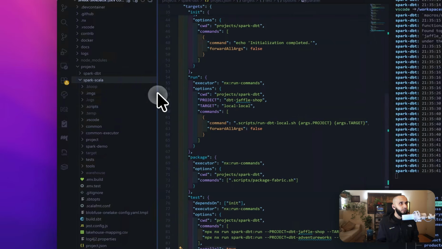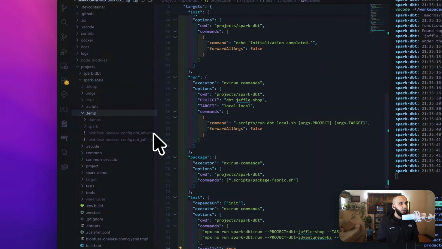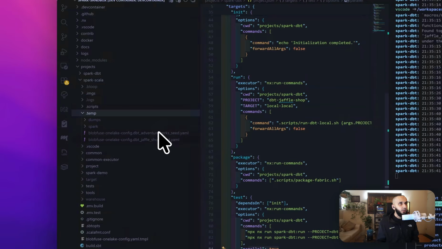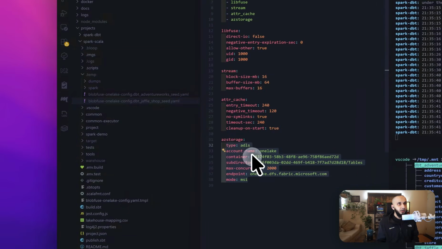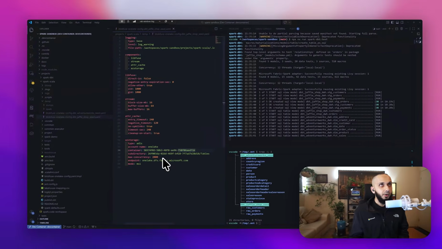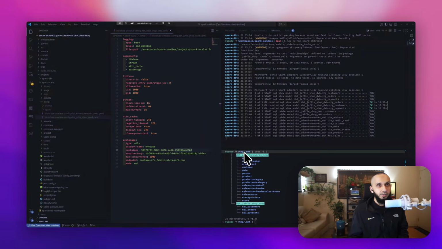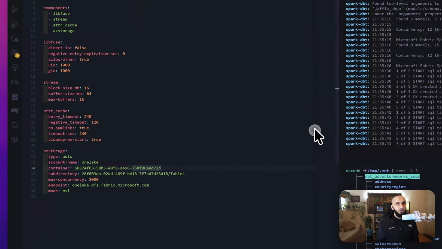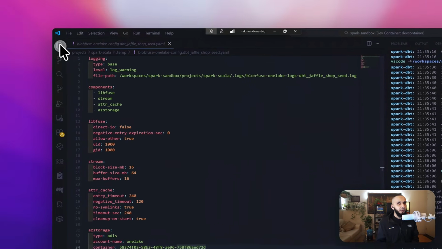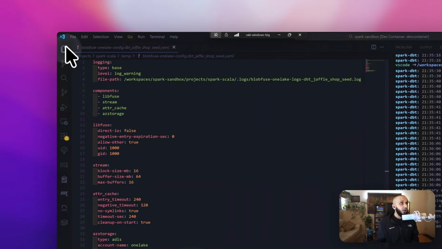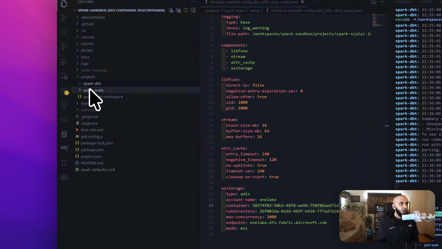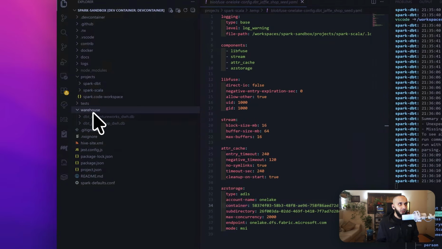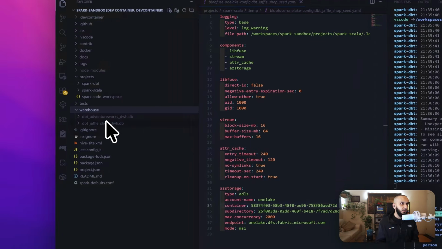So we mounted two different lakehouses, and the way each of them was mounted was using this OneLake ID. This is the ID of the lakehouse, and we mounted it to this TMP MNT folder. So yeah, dbt is going to go ahead and run, and it's going to run green at the end. And essentially what's going to happen is we're reading from OneLake, but we are writing to our local file system. Because we want to blow up our local file system and rebuild the model as